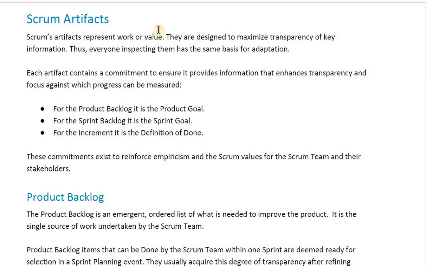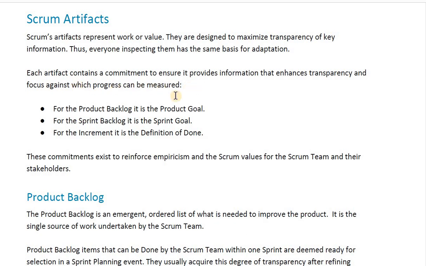So, Scrum artifacts. The artifacts represent the work and value. The artifacts that are used in Scrum, that represent or show the work or value, are designed to maximize transparency of key information. Thus, everyone inspecting them has the same basis for adaptation. Each artifact contains a commitment to ensure it provides information that enhances transparency and focus, against which progress can be